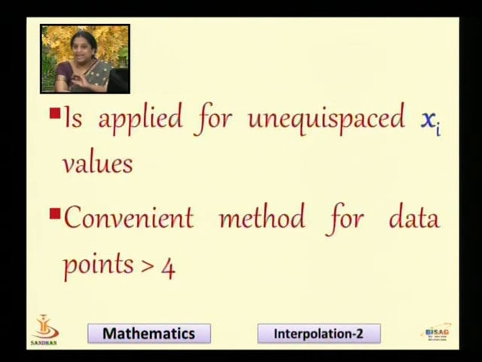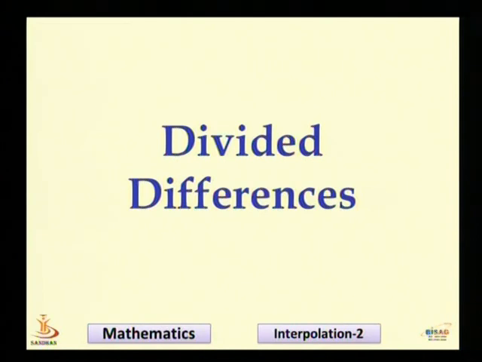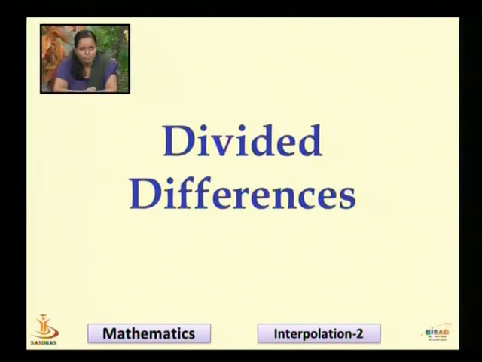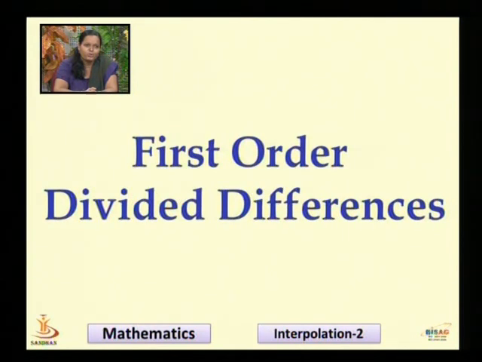For any number of data points greater than 4, it becomes very cumbersome and very tedious. So Newton's divided difference interpolation method becomes a more convenient method for tables that have a large number of values. For understanding Newton's divided difference interpolation, we first need to know the concept of divided differences, how to construct a